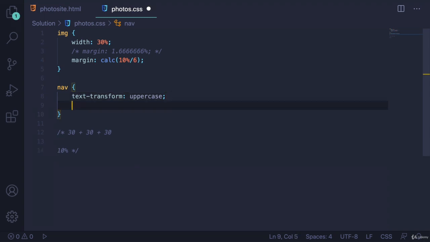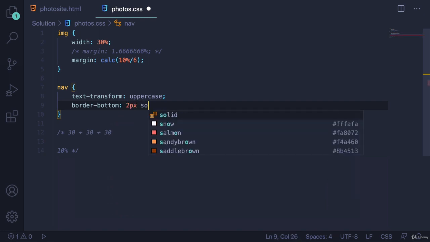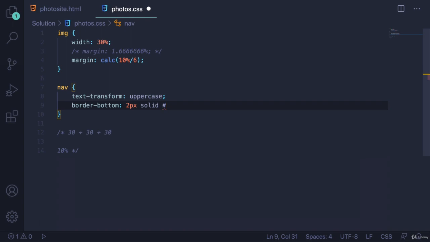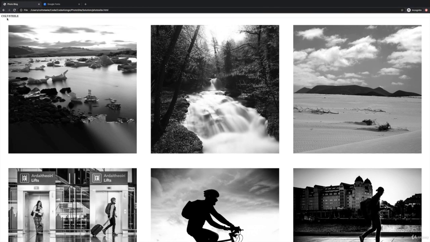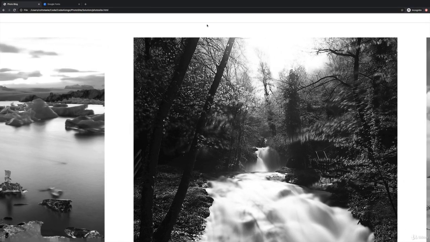Next up, let's add a border bottom. So border bottom is going to be 2 pixels, and then I just have the color in front of me. It's a hex color, F1, F1, F1. Like that. Okay. It might be hard to see, but there's that border bottom, and it goes all the way